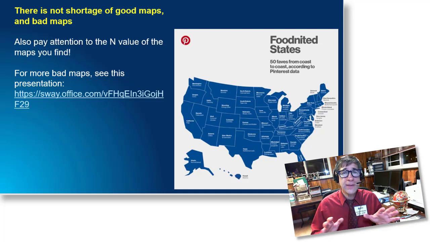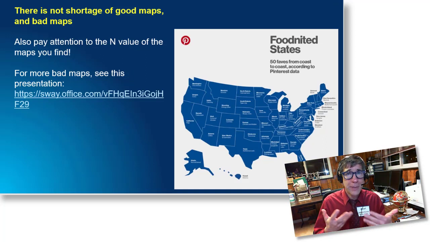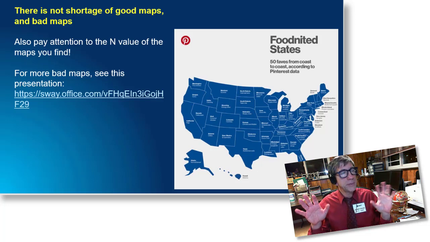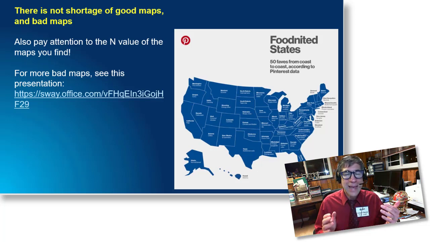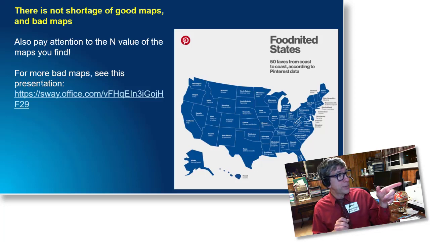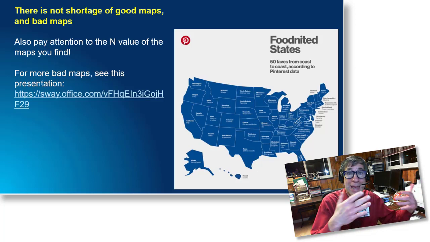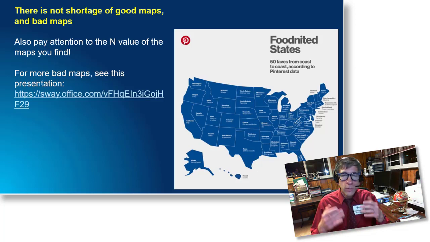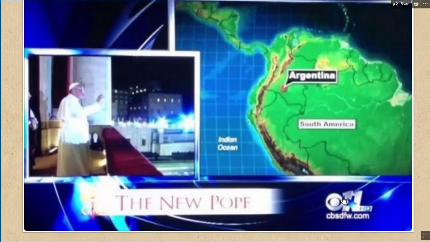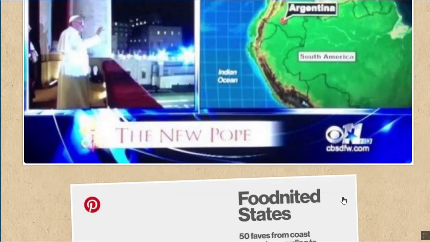Also, I know many of these maps are generated for people to click on websites, and some of them are kind of fun, admittedly, but be critical of those as well, even ones that are meant to be funny. What is the end value for some of these things? For example, favorite foods in every state. Oh, you're from Pennsylvania? What's your favorite food? I'll put it on the map. Your office mate is the end value of one. So be critical of those maps as well. For more bad maps, see my presentation here.